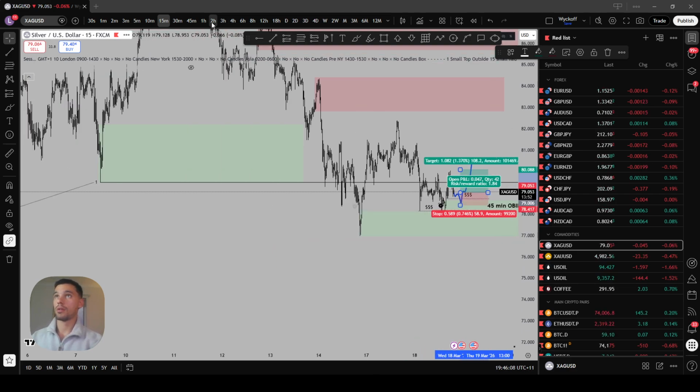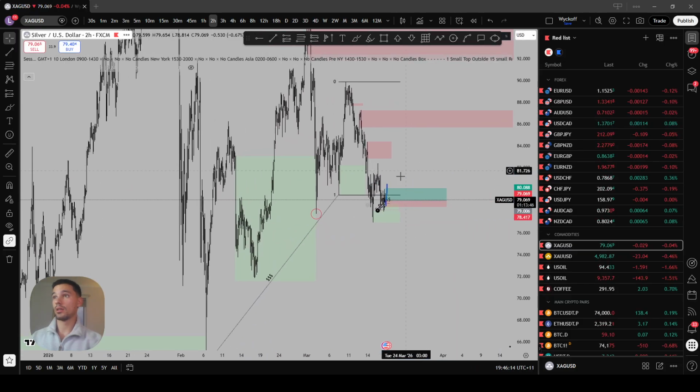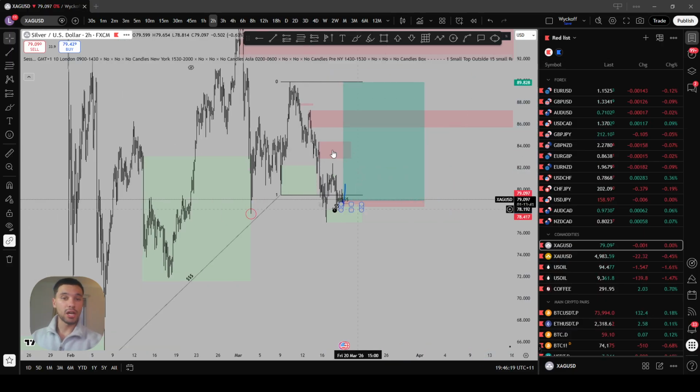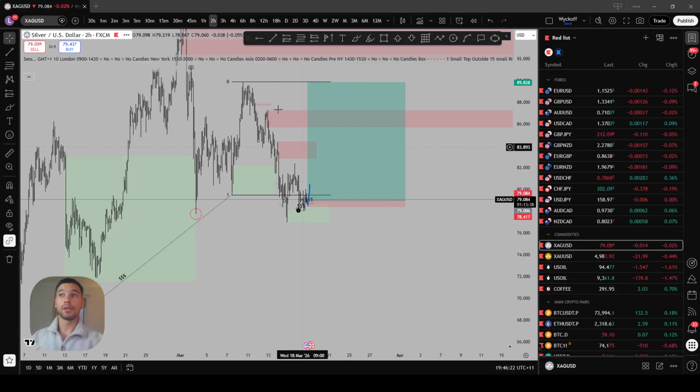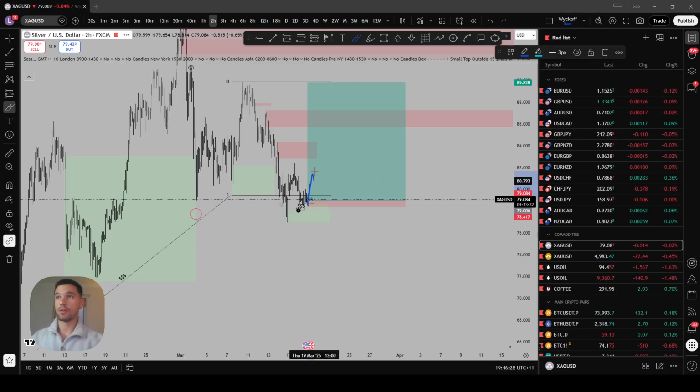And then you can target this range high. However, just be aware that given these 2 points are so close to each other, we can expect something like this. Mitigate this, slowly come back in for some other sort of POI in here, and only then break structure, around the 25th, 26th of March, so around this time next week. So you can expect some sort of price behavior similar to this on this pair.